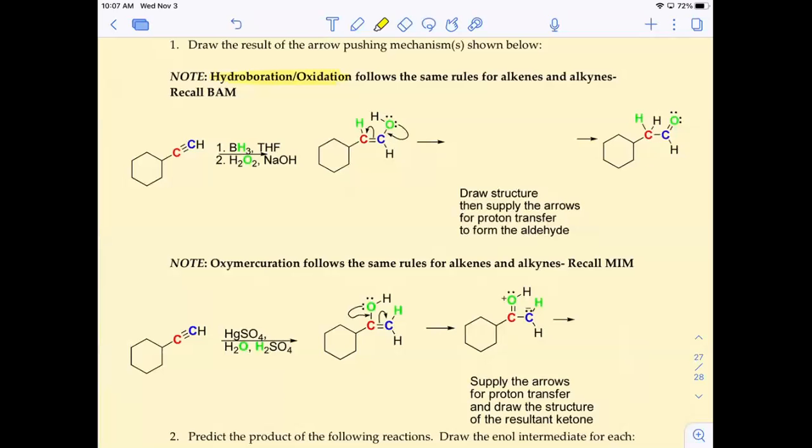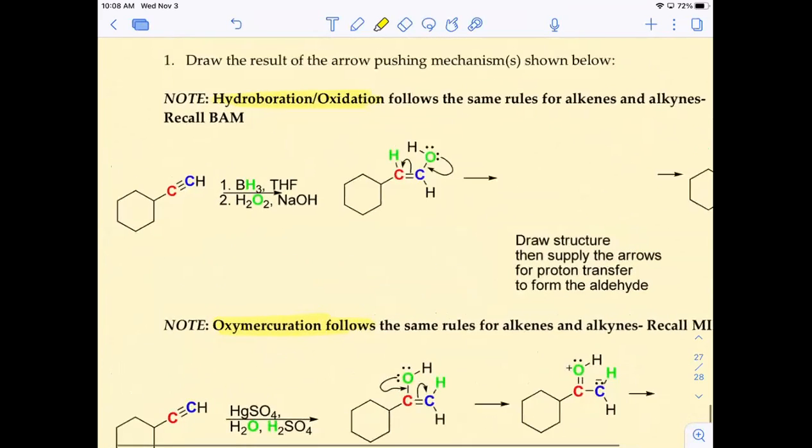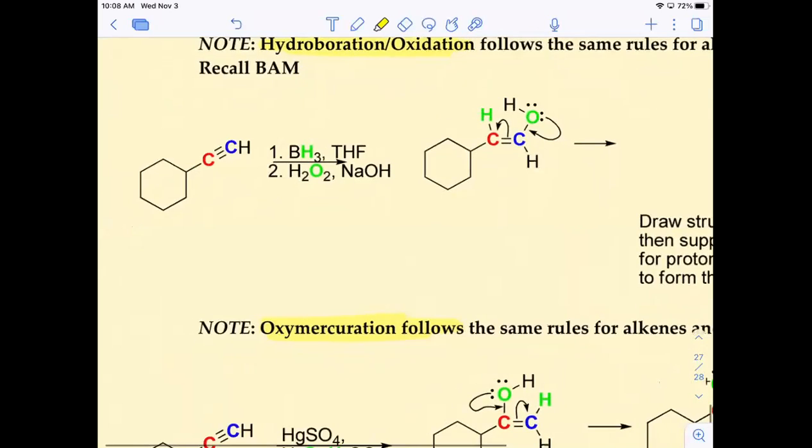We're going to do a reaction that's similar to oxymercuration, but using mercury sulfate and water, right? And we're not going to go through the mechanisms for these because we already have an idea of how the first step in each one, the addition of either boron or mercury, happens. All right, so when I do hydroboration on an alkyne,